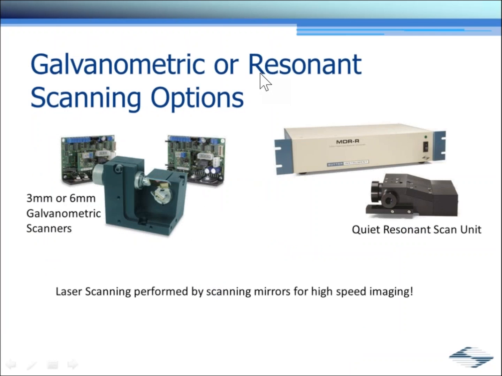First of all, the scanners for the laser scanning. We can incorporate galvanometric or resonant scanners. Galvanometric scanners are important for people that want to do highly precise positioning of the image area. For example, if you want to scan only a certain region, or maybe a couple of regions, some people call this postal stamp scanning. Resonant scanners, on the other hand, are very, very fast, but you don't have the precise control that you have with a galvanometric scanner. So you get fast full frame imaging with a resonant scanner.